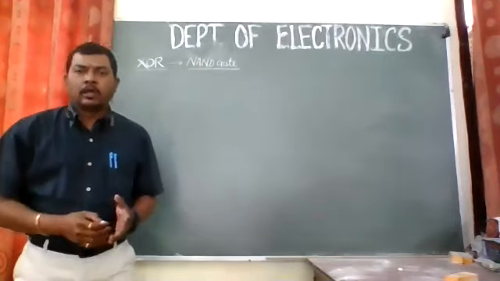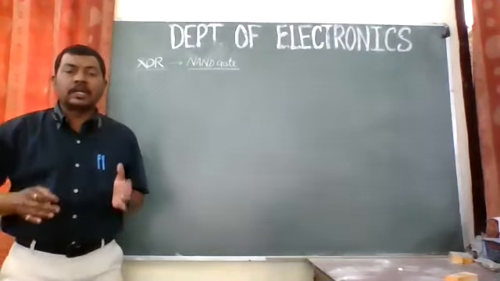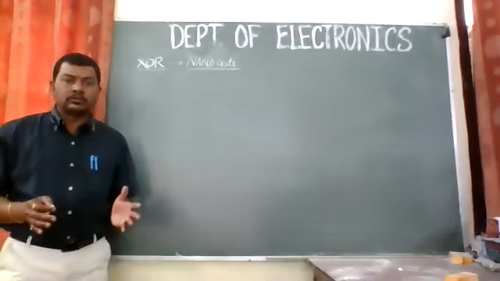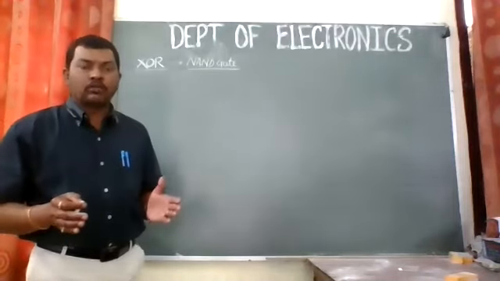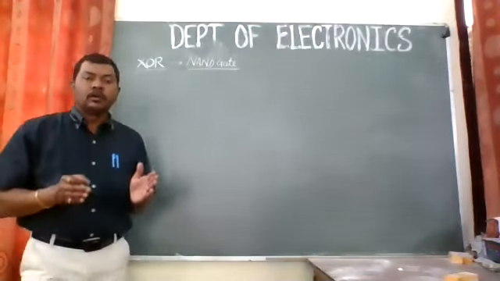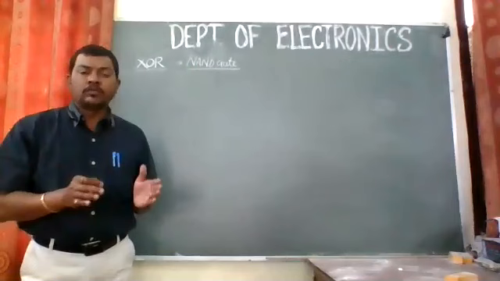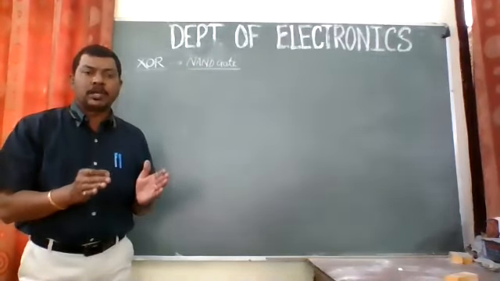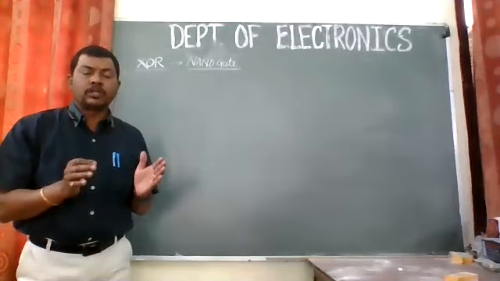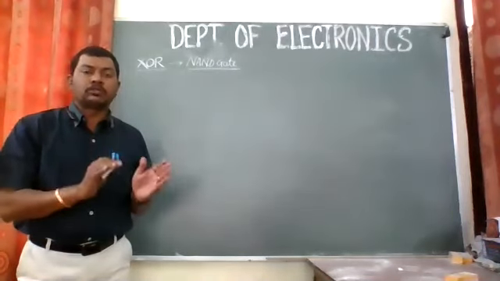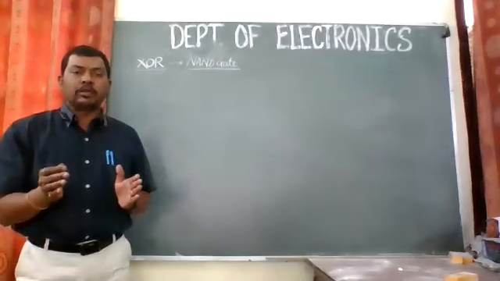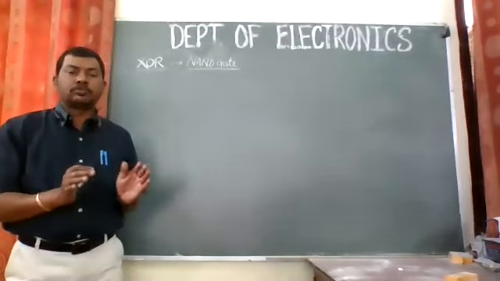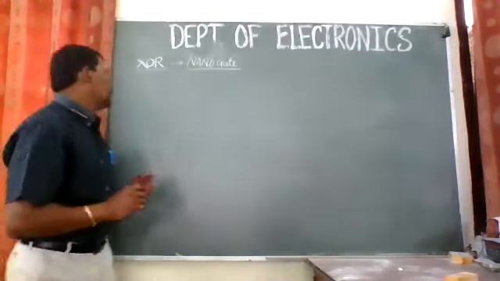Now let me first let you know what the equation for the XOR gate is. I guess you remember what I have taught about the XOR gate. The definition was, whenever there is a difference of input, the output is high, otherwise it is low. So whenever we are applying different inputs, meaning 1 and 0, then the output will be high. If we are applying the same inputs, then the output is supposed to be 0 or low, right?